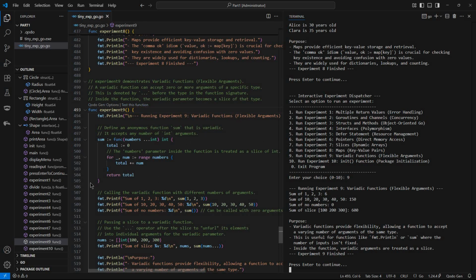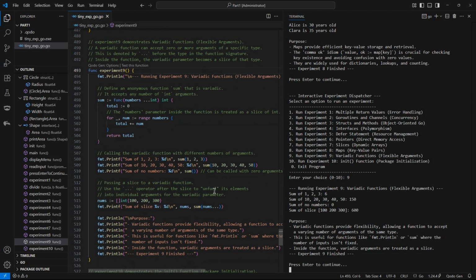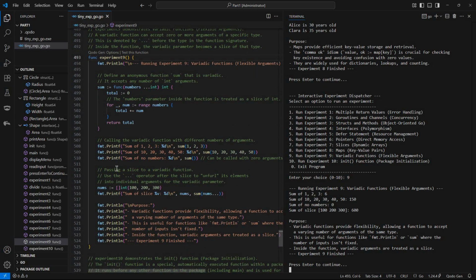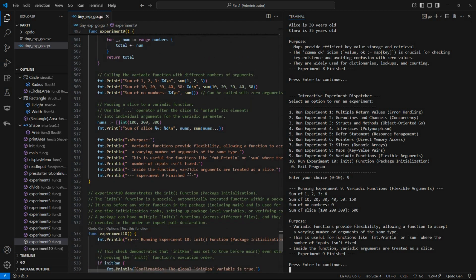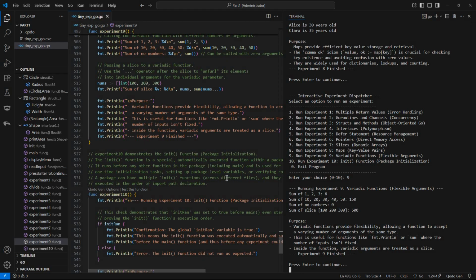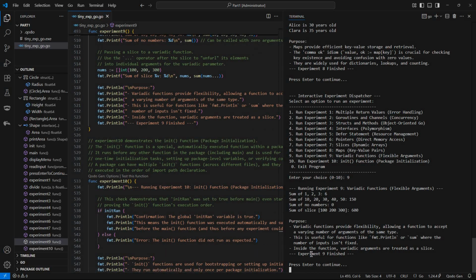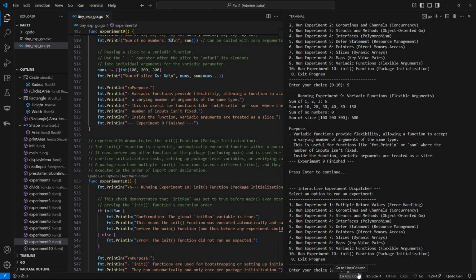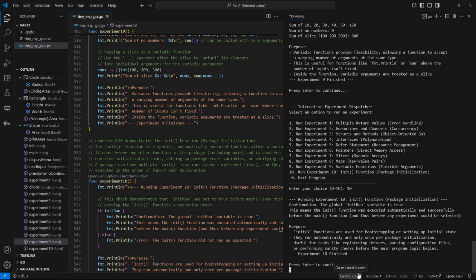So you can again play around with the code, observing what's going on here. And as you play around with these, try breaking it, see what happens. And then finally, experiment 10 is just sort of illustrating this concept of the init function, package initialization. The example is really simple, just firing it off really, and just checking that it did run